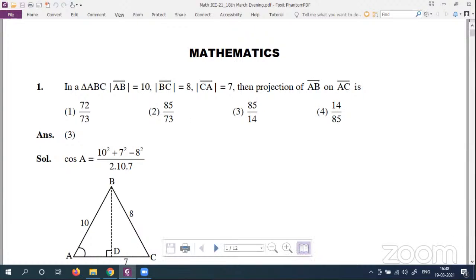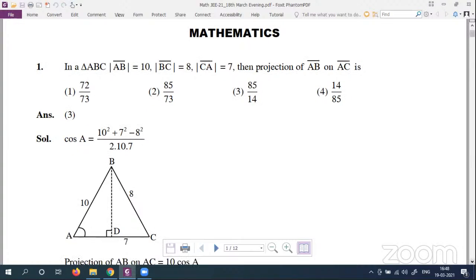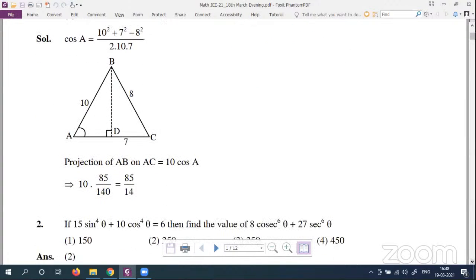So to solve this, if you observe this triangle ABC, length of AB is given 10, BC is given 8, CA is given 7. So projection of AB on AC, that is BD. So BD is what we need to find. Right? So to find the value of BD,